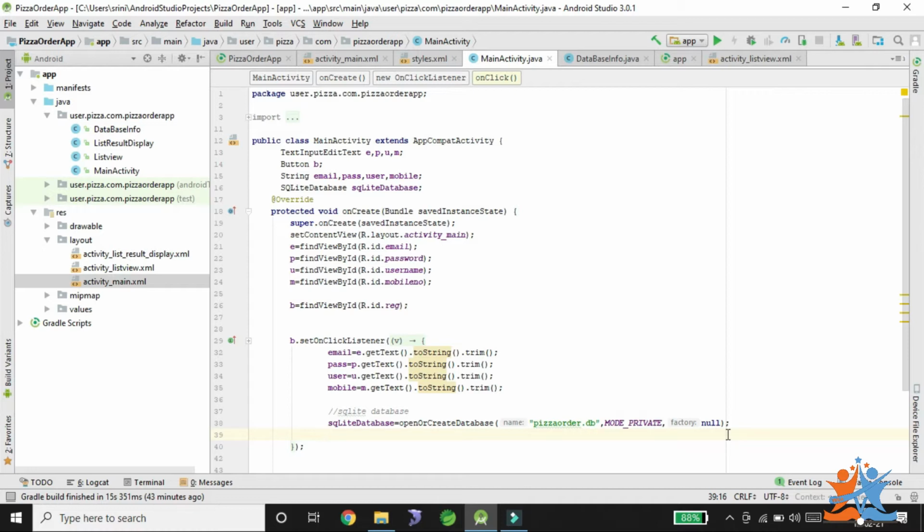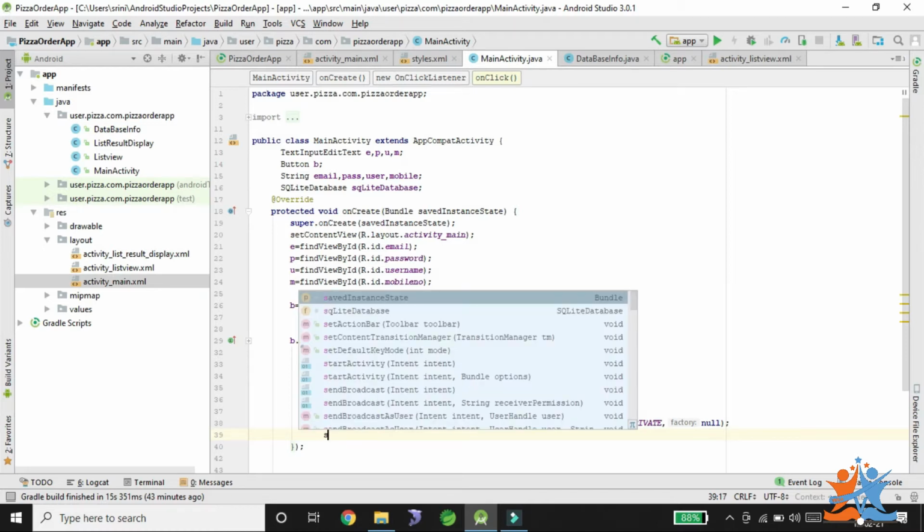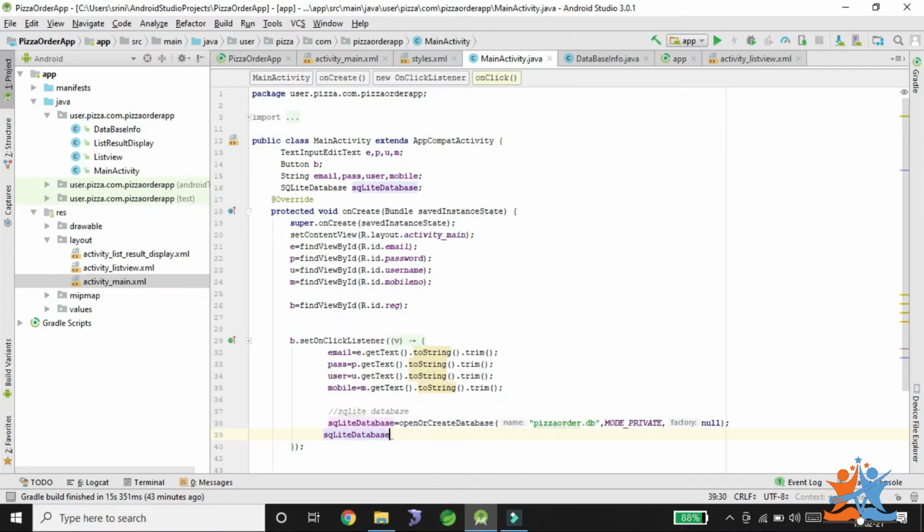So here I need to do SQLiteDatabase dot execSQL. What type of SQL do I want to write? I want to create a table.